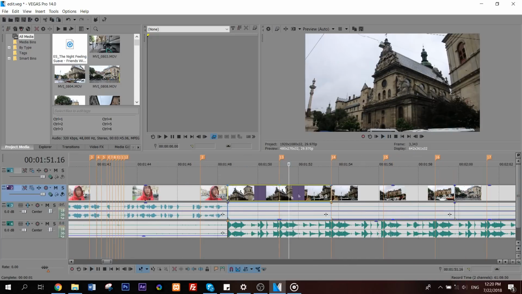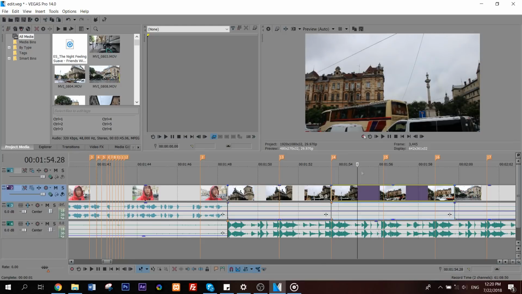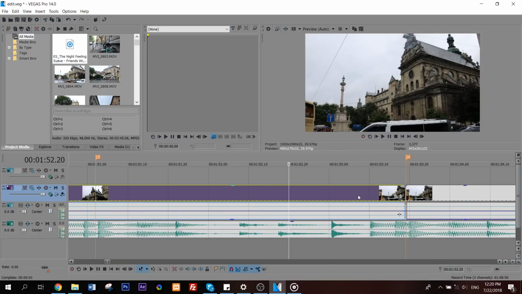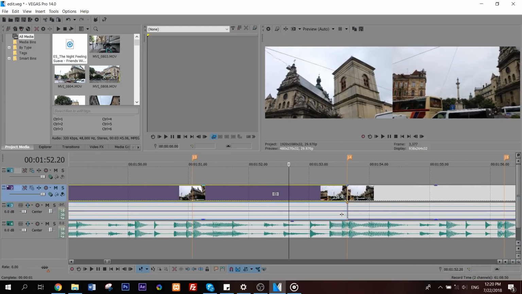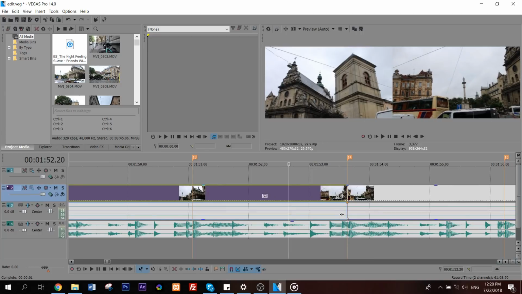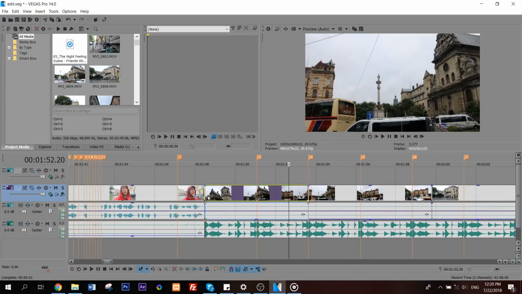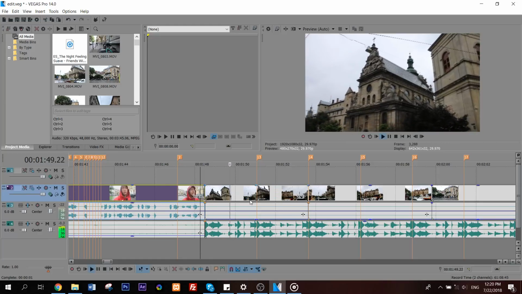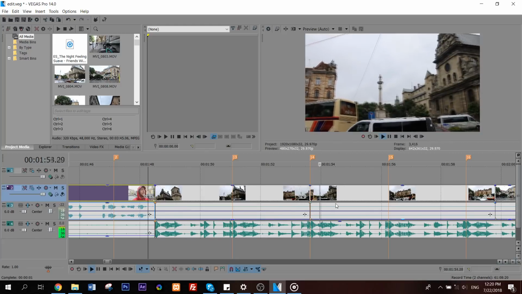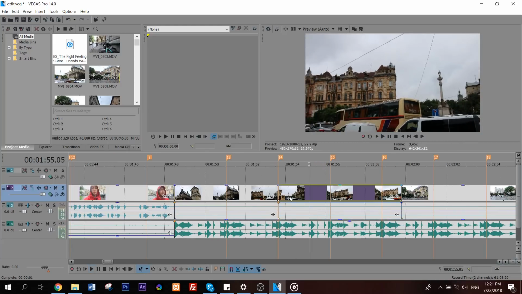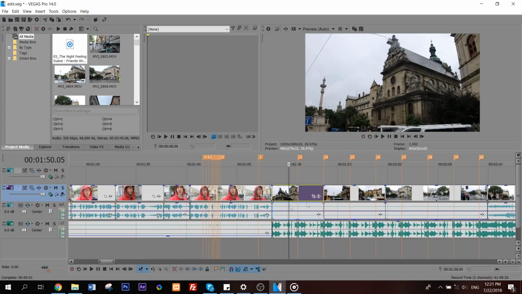Because I want to let it stop at the houses that you saw here, I just click Alt, and I can drag it. You see the first image is the starting point, and the last one is the ending point. So kind of like over there, I think it's pretty good. Yeah, I like that. Maybe a little bit more. So that's how I edit